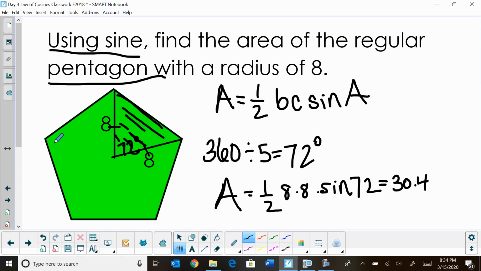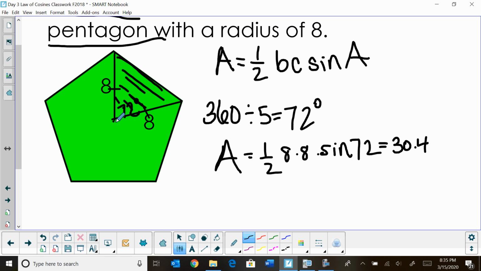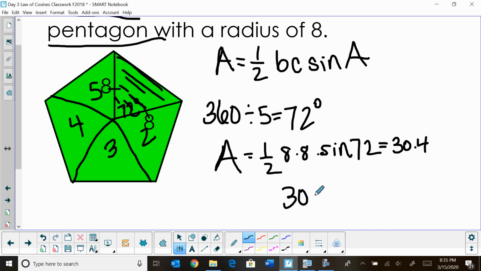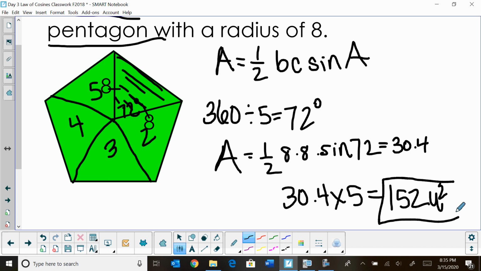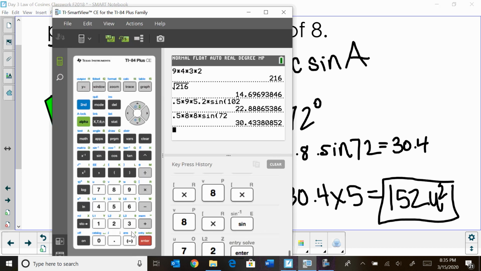Well, how many triangles do we have that are the exact same size? Since this is a pentagon, we're going to have a second, a third, a fourth, and a fifth triangle with the exact same area. So let's take 30.4 and multiply that by 5, and that's going to give us 152 square units. And there's our area. Let's double check that. We said 30.4 times 5, just double checking that my head math is right. Yeah,